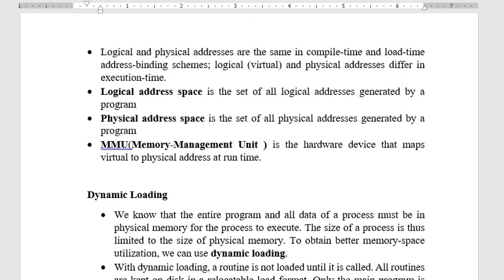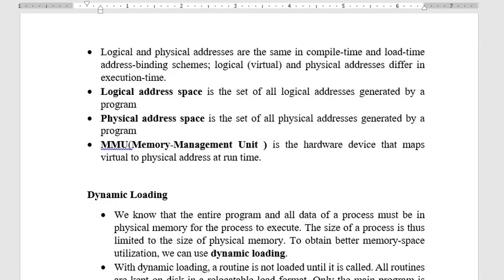But they may differ during execution time, because during execution time we would not know where exactly the memory will be allocated for the program, so it might change. That is why they differ.